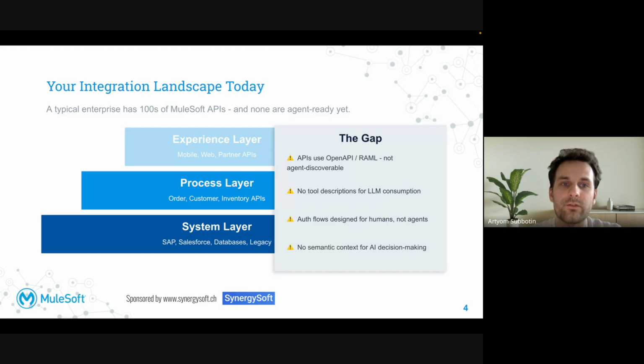But of course, there is a reasonable gap. Every one of those APIs was designed with a human or an application as the consumer. The contracts are written in OpenAPI, for example, or RAML. The flows are also written by the developer.